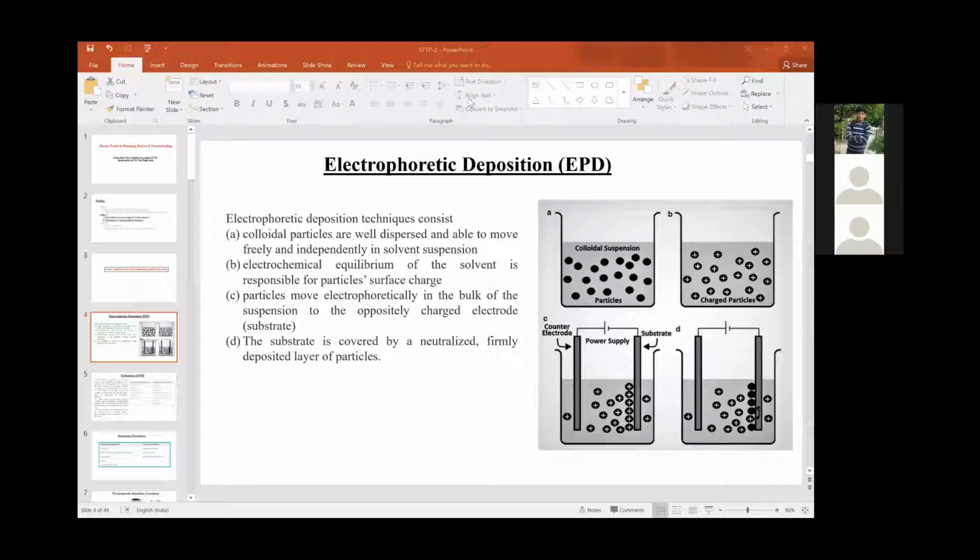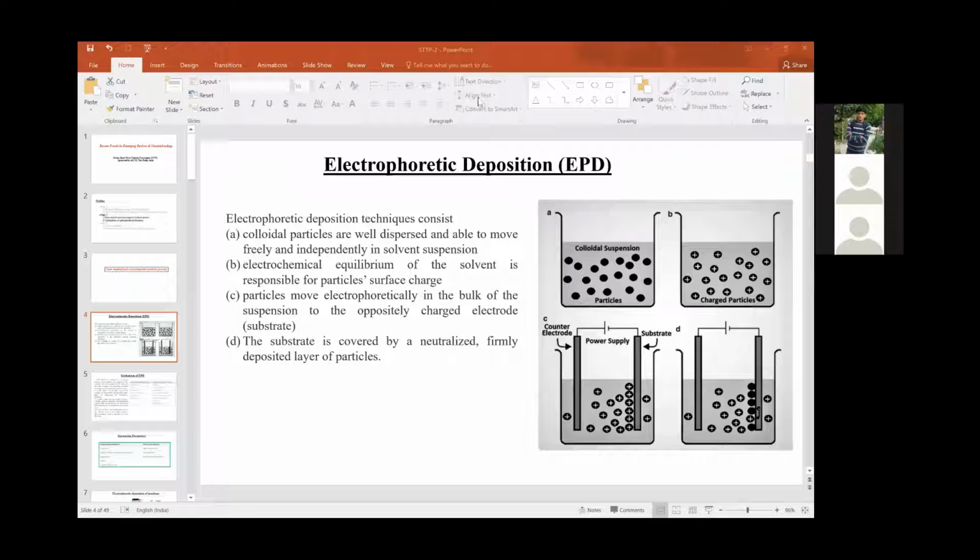In the case of electrophoretic deposition, we can get a uniform thin film if we set and optimize all the parameters.